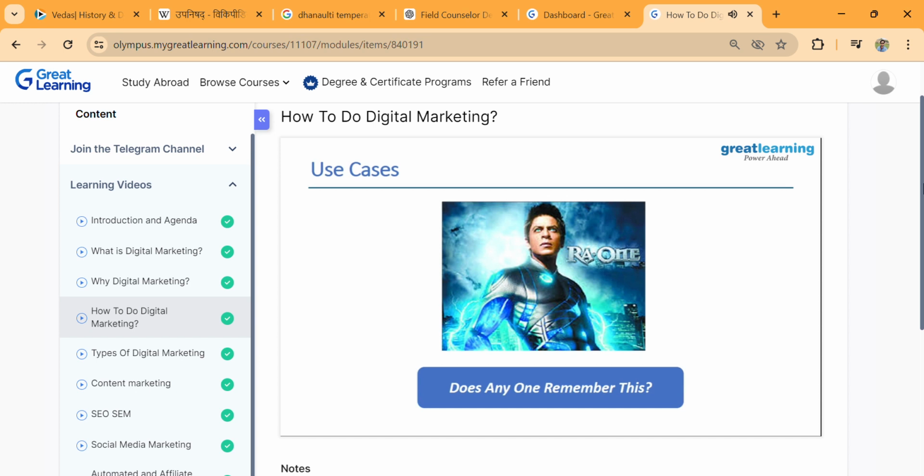When this movie released, it bounced on the box office. This was not one of those movies that did very well. Within a week, people realized that this wasn't worth going to, given the hype it had. But by the time people realized this, the movie had already made more than 100 crores, right? And the total budget for the movie was less than 100 crores. So even though the movie wasn't very good, the way it was marketed ensured that they earned a lot more profit than what they had invested.